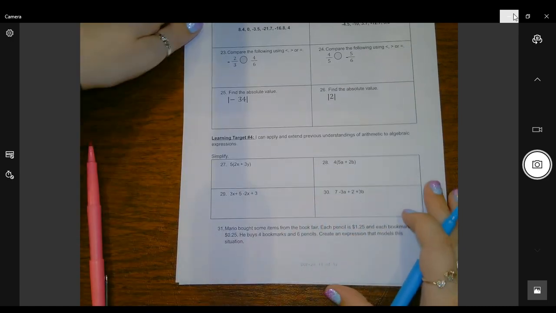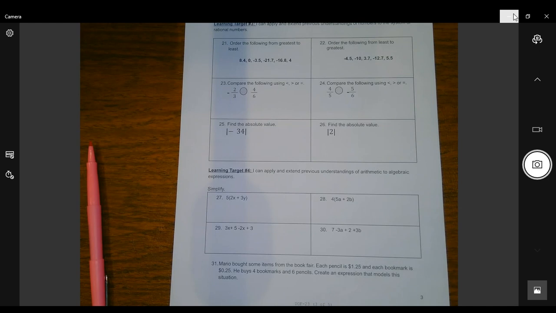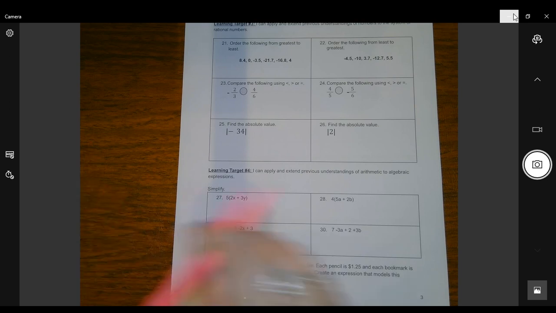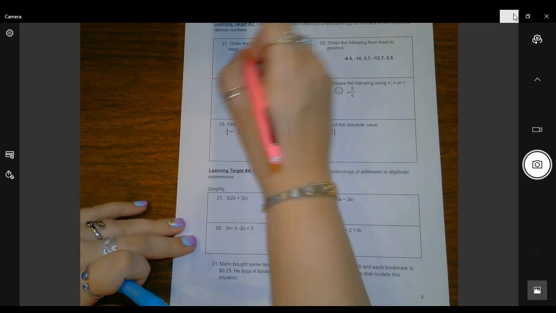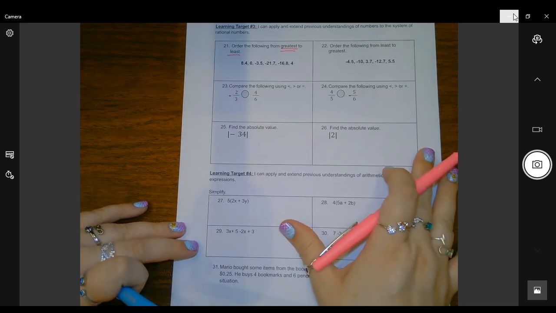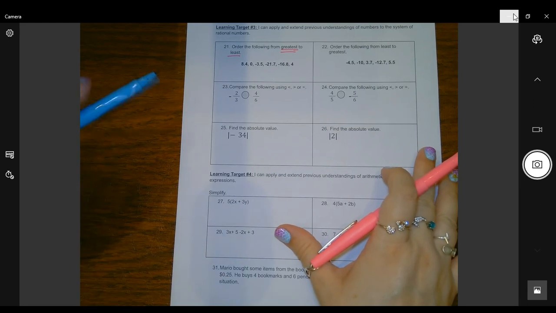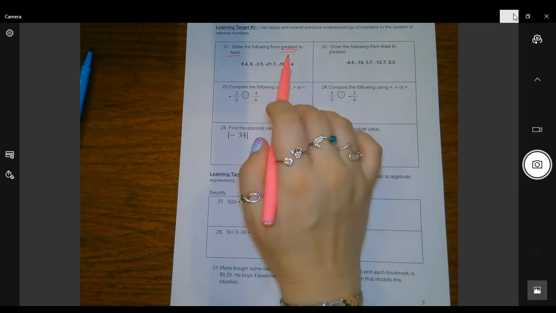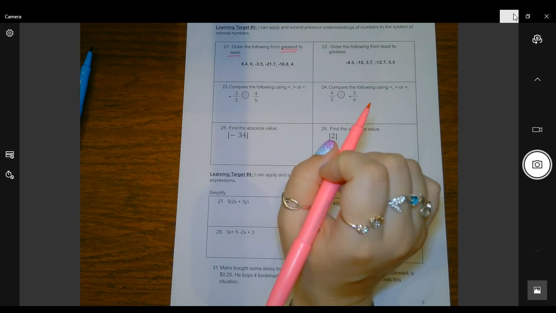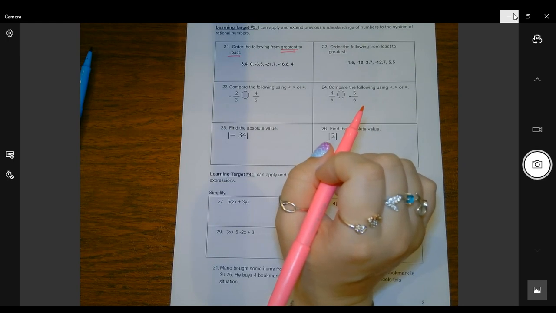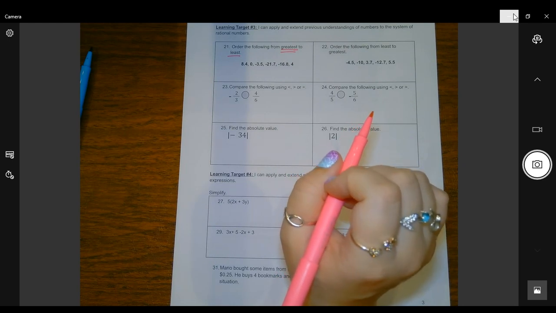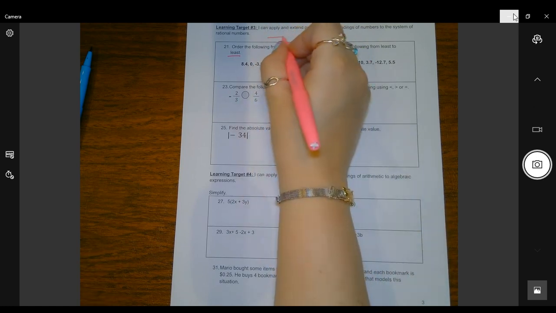For our next section, it wants us to order the following from greatest to least or least to greatest. What does it say? It says from greatest to least. I like to underline the word greatest twice and the word least once, so that it's just a visual. It wants it from big to small. Another little trick, especially if it involves negatives, I draw myself a little number line